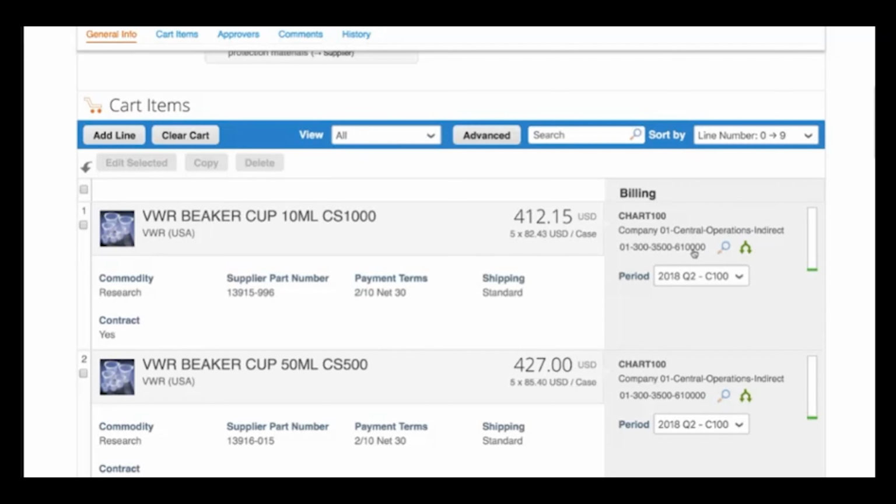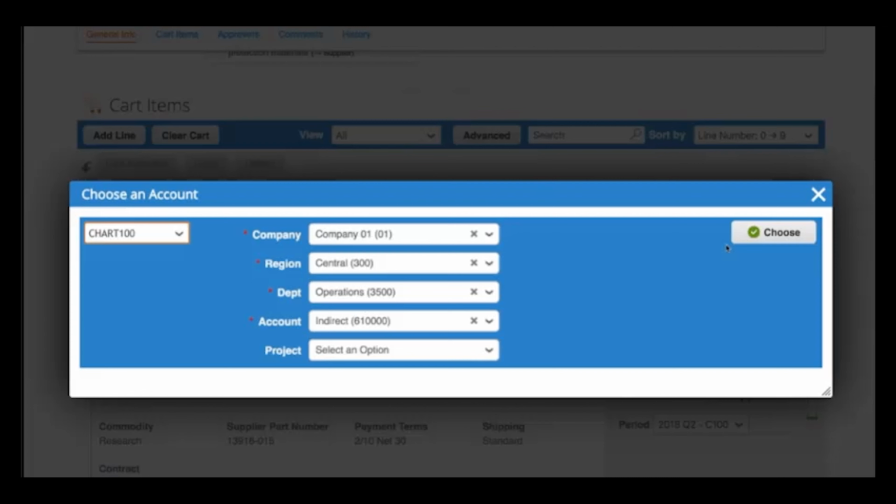The magic of Coupa is that Sam doesn't have to choose from a list of accounting codes. These categories have been defaulted for him, which makes life easier for accounting and spend summaries to be more accurate. Here, codes are defaulted by Sam's profile account for company, region, and department. The account code is defaulted by category. You can also configure Coupa so that users are able to change the default billing account if they know it